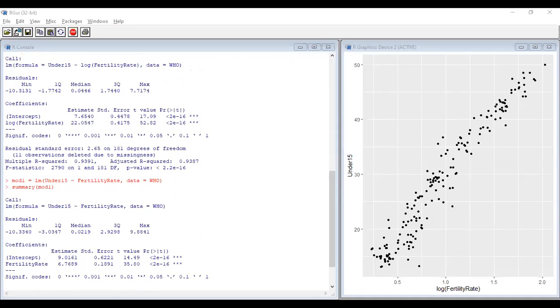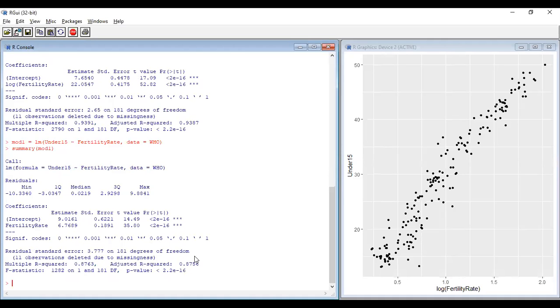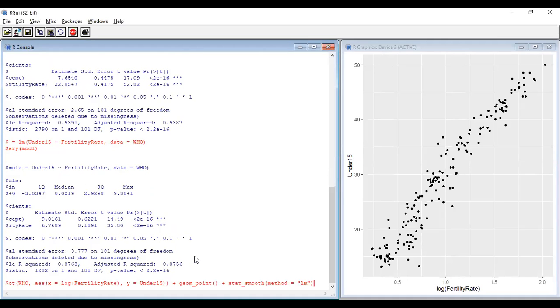Okay, so now we are trying to add the regression line in this graph. So far, what we got is this output. The x-axis is log fertility. Why we have taken log is to remove the abnormality of the data, to convert skewed data to normal data. Underweight is the y-axis. Okay, so now we'll put the regression line in the graph itself.